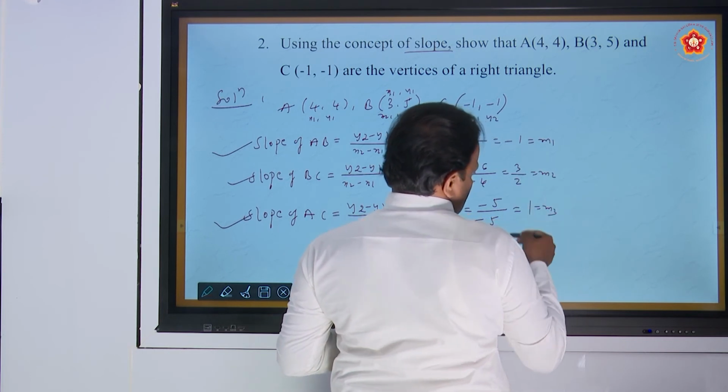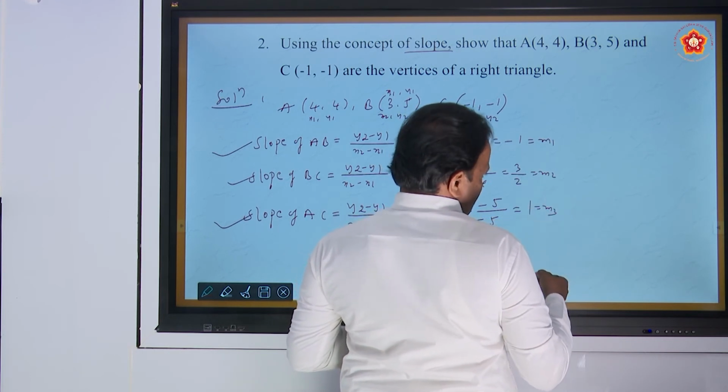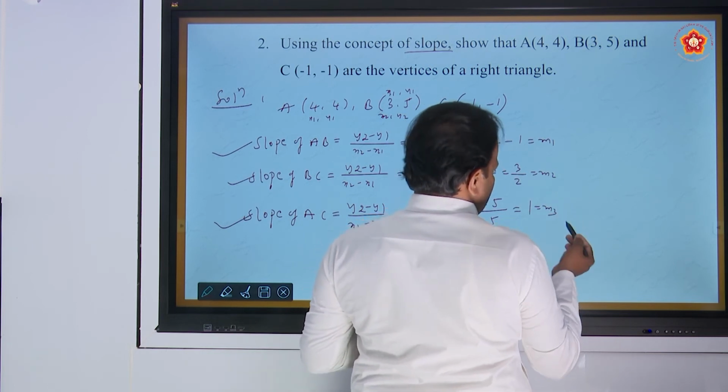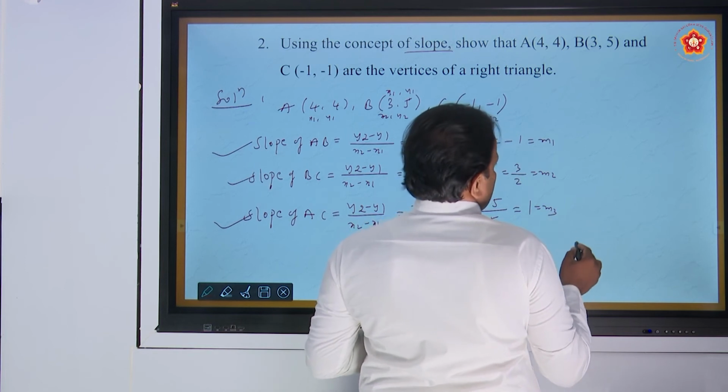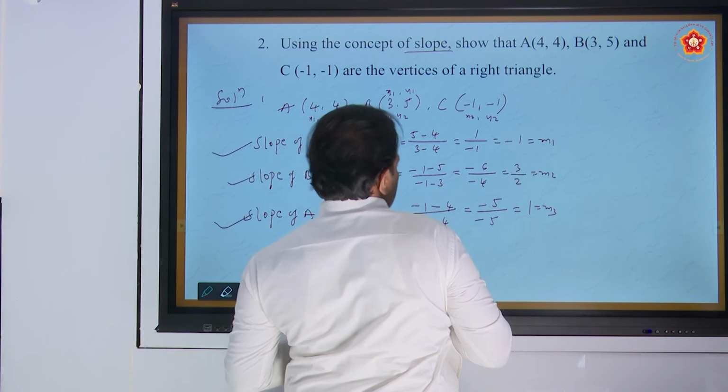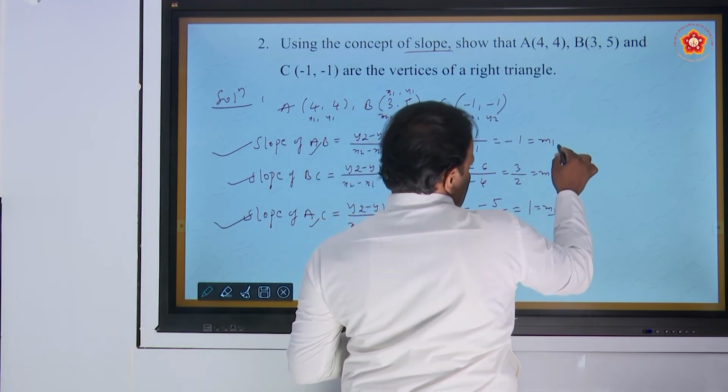Just say there are two slopes, no? Better you can change it. This is M1, this is M2, this is M3. How can you write as you wish? So clearly we say that AB and AC are perpendicular to each other because of the product of slopes. You multiply